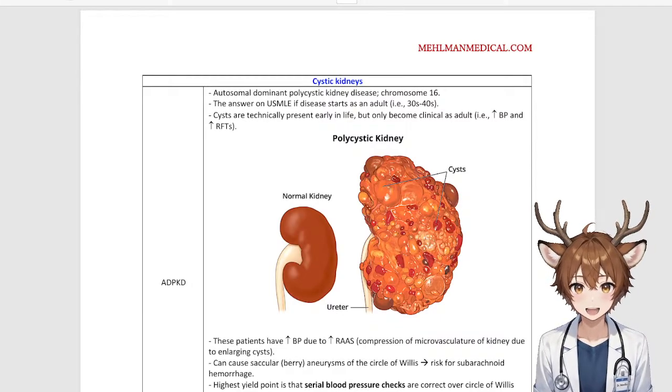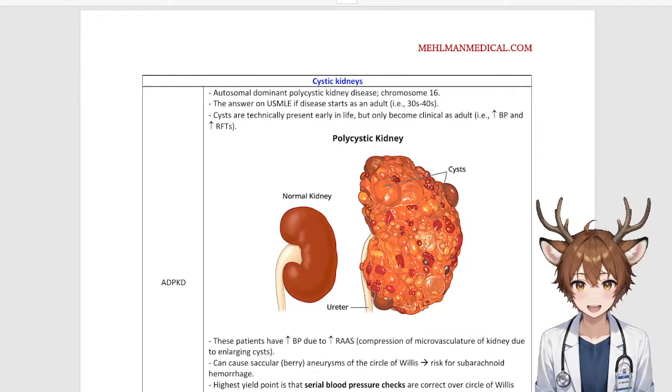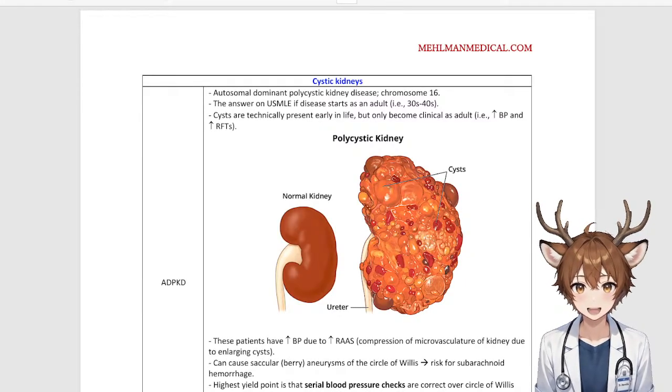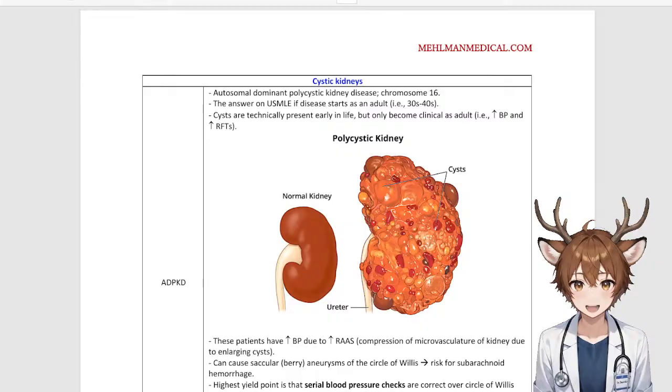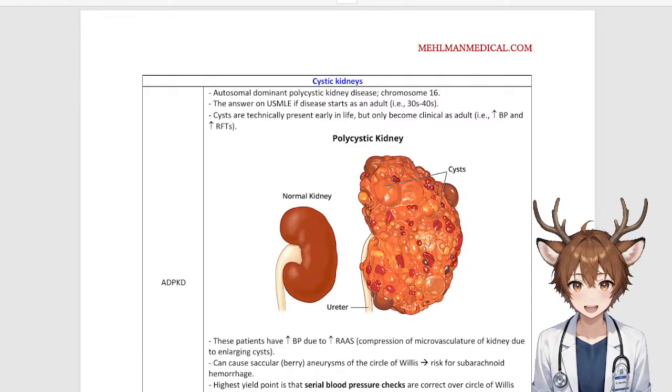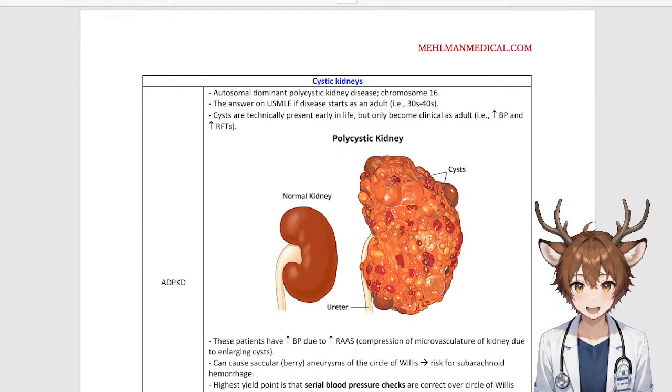Hello, it's Dmitry again. Today we'll be returning to the Mehlman Medical Internal Medicine PDF, talking about the chapter regarding the renal system. We did a part 1 video earlier today. We're going to wrap up the section with a part 2. We're on page 92 right now, and we'll wrap up on page 102.